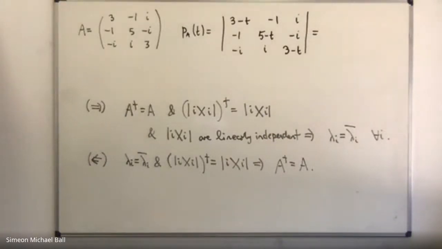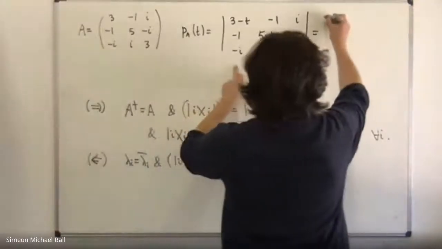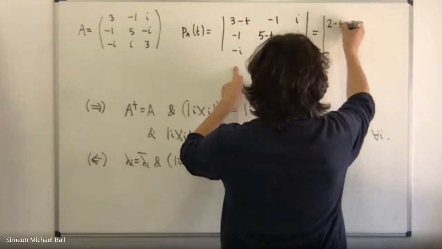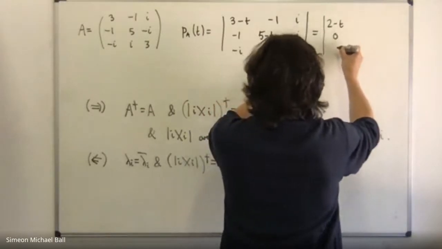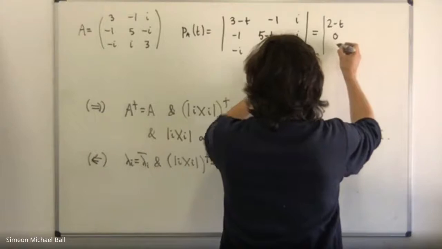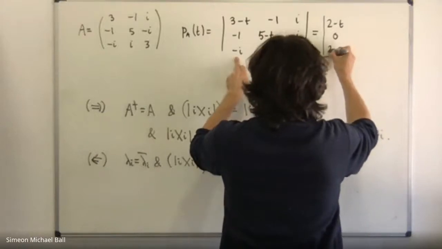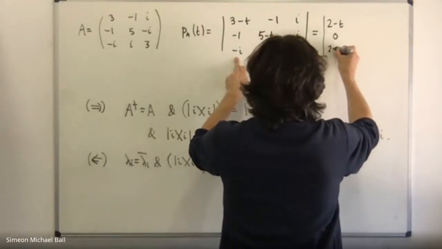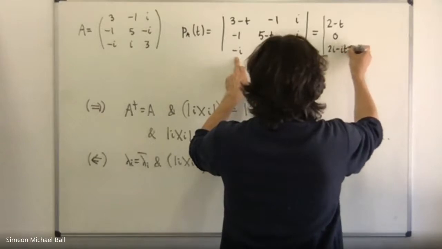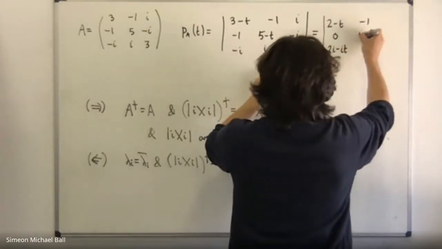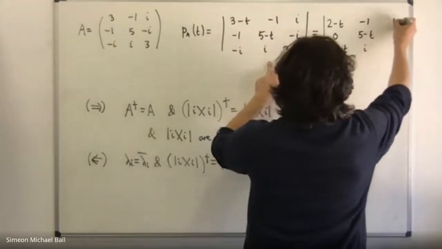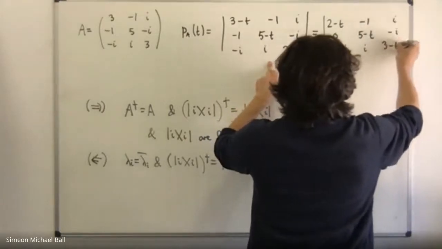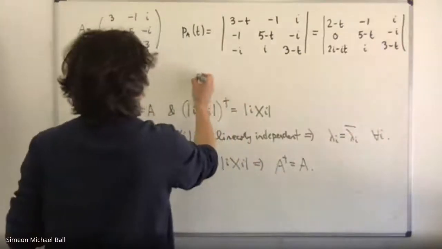If I multiply by i and sum it to the first one, then I get 2 minus t, 0, 3i minus i, which would be 2i minus... Here I get 5 minus t, i minus i, 3 minus t. Now you can see,